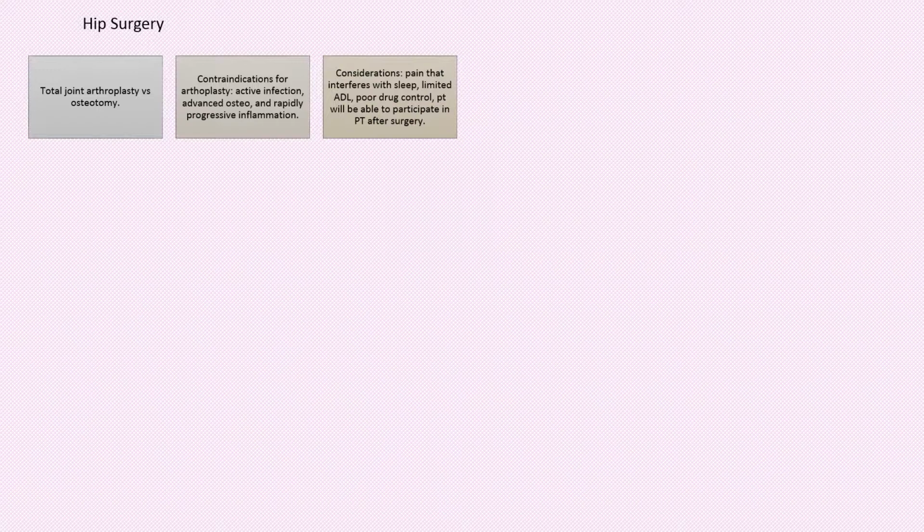So let's talk about hip surgery. Total joint arthroplasty versus osteotomy. Contraindications for arthroplasty are active infection, advanced osteoarthritis, and rapidly progressive inflammation. Considerations are pain that interferes with sleep, limited ADLs, poor drug control, and the patient will be able to participate in